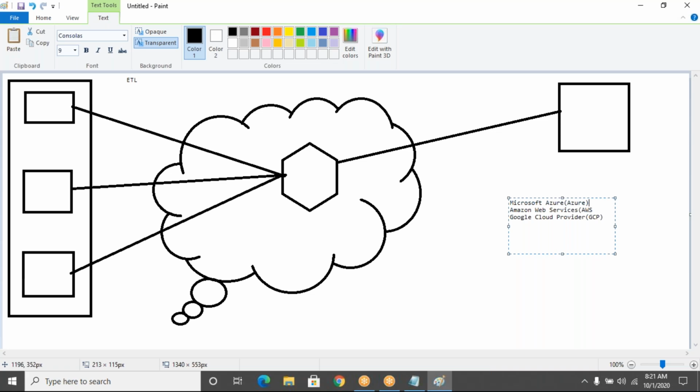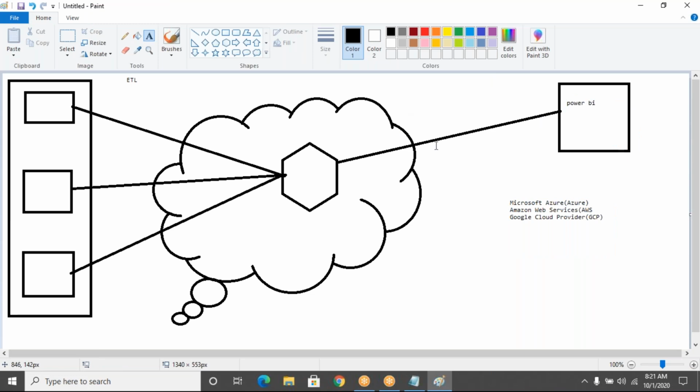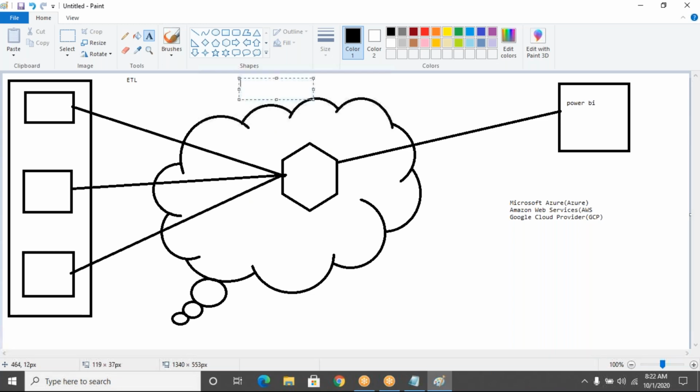Why we prefer Azure is that we are from the Microsoft family. We are always keen on learning Microsoft technologies only. Power BI is a Microsoft technology. So definitely we prefer the backend data related services from Microsoft only.